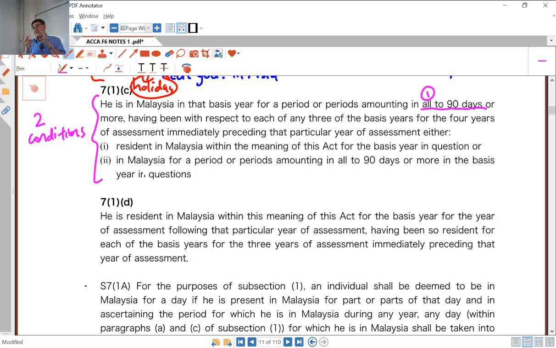So you can see almost every rule has some kind of requirement on the number of days you need. 182, then 7.1b needs 1 day. This one you need 90 days. Okay, now and then,